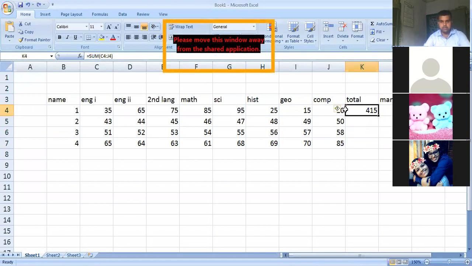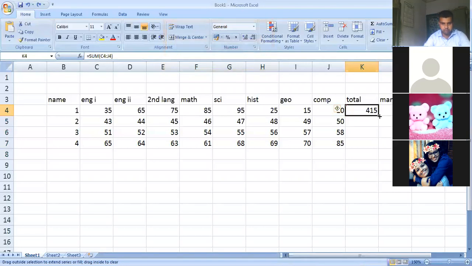In 415, if we click here and take the mouse cursor to the bottom corner of the selected cell, your plus sign changes into a thin plus sign. Now press your finger on the left mouse button and without removing the finger, drag it downwards.